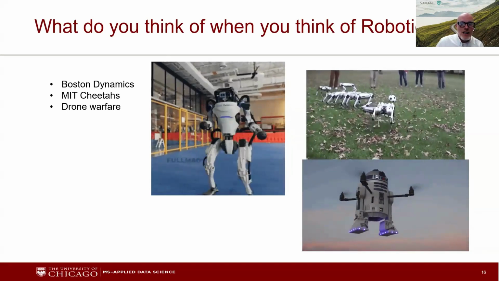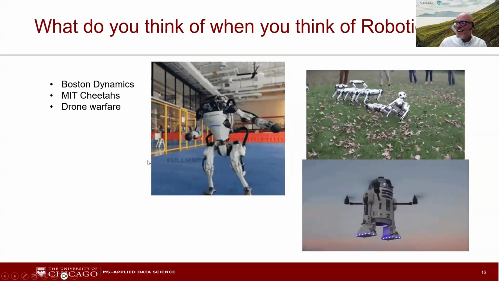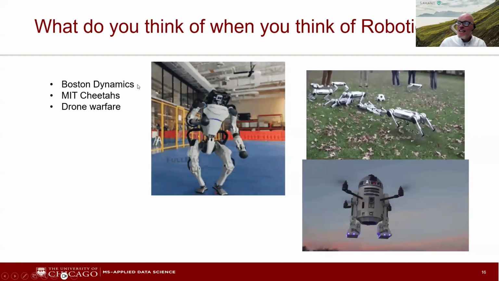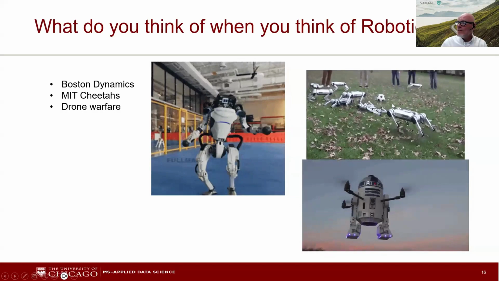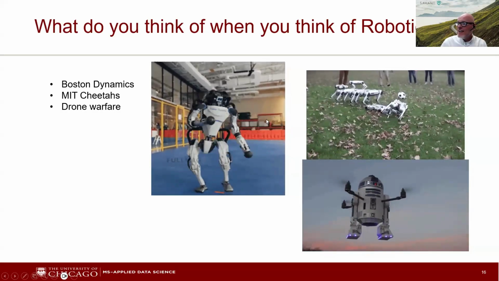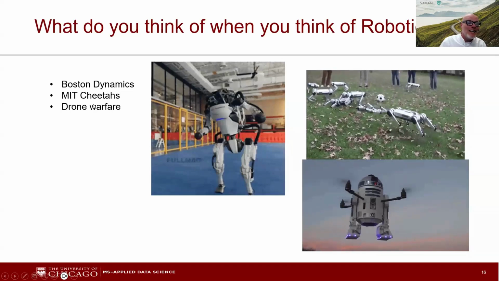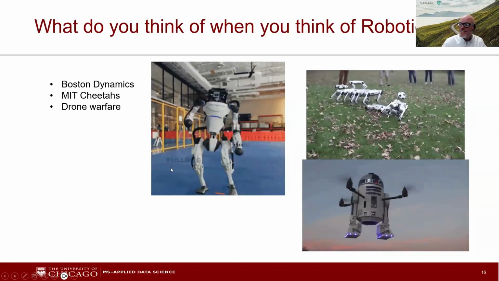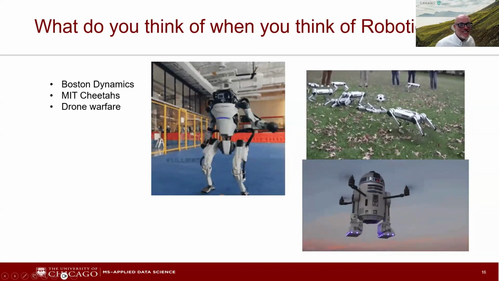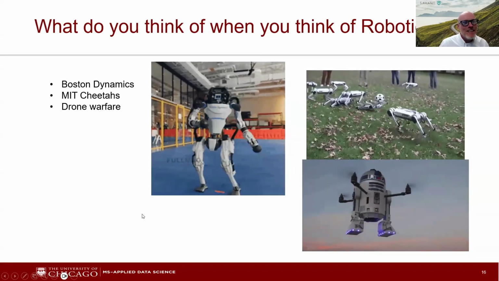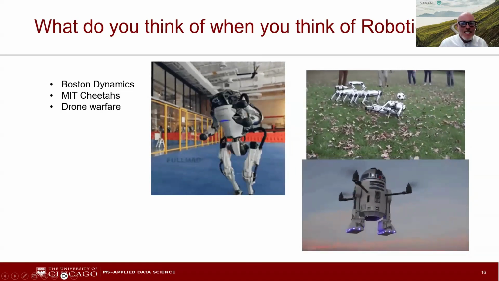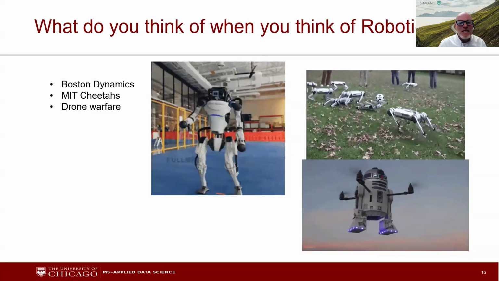I'm curious. No chatters. Asimov. Yeah, right? DJI, absolutely. I think of Boston Dynamics. If you guys have ever seen the MIT Cheetahs, these things have been around for like 5 years. They play soccer. And then I think of the Ukraine and the Middle East and Gaza, and I think of drone warfare, man. It scares the hell out of me. By the way, I like the flying R2. I thought it was cute. But yeah, so a lot of people think Boston Dynamics, something limited functioning.